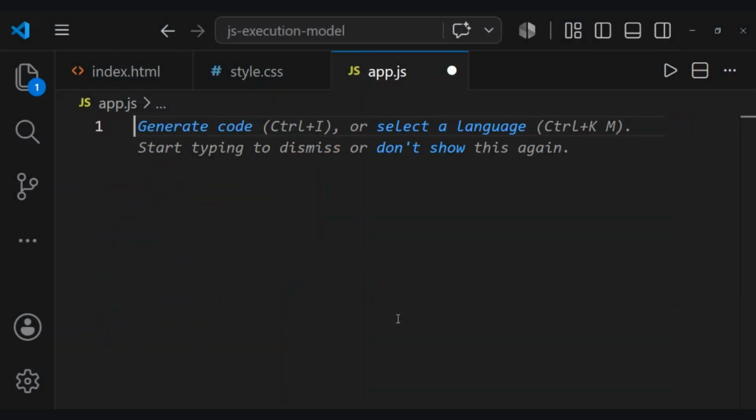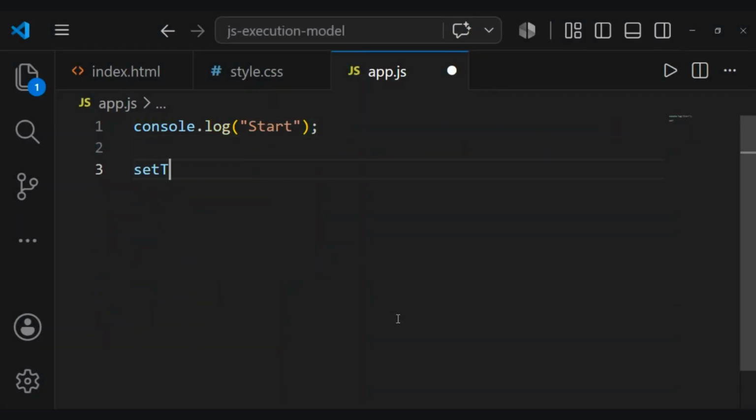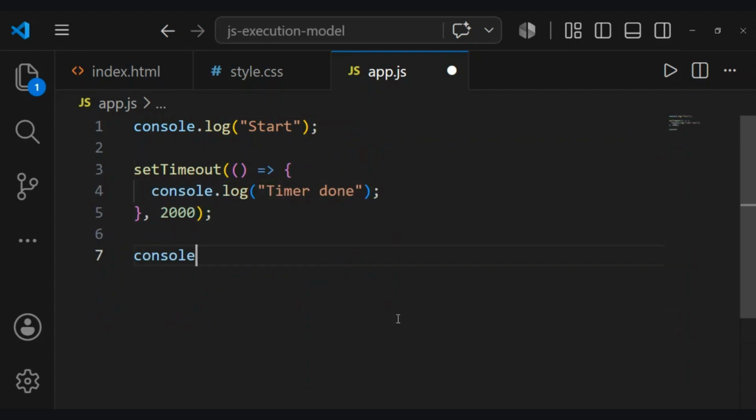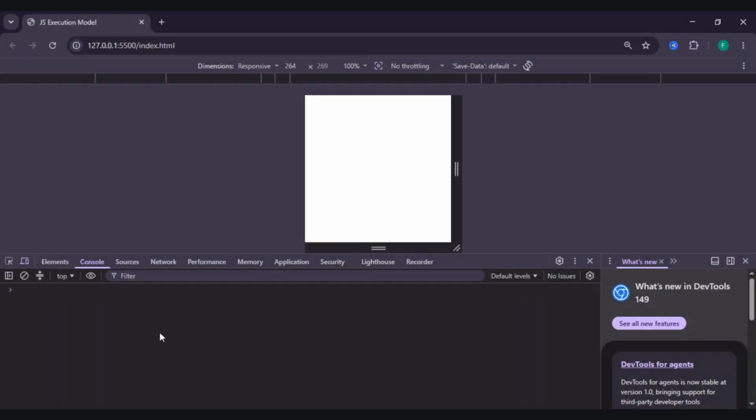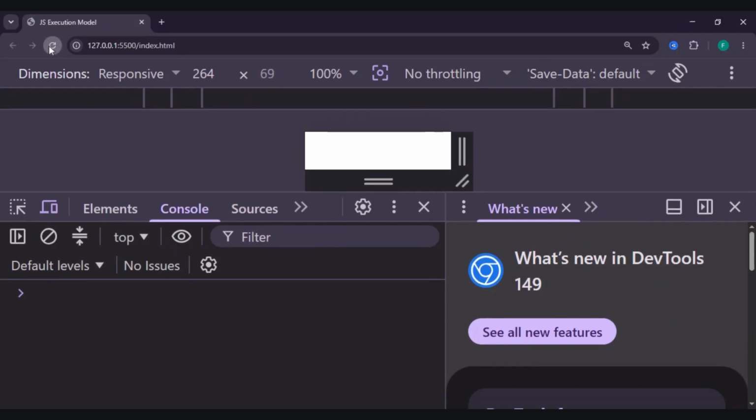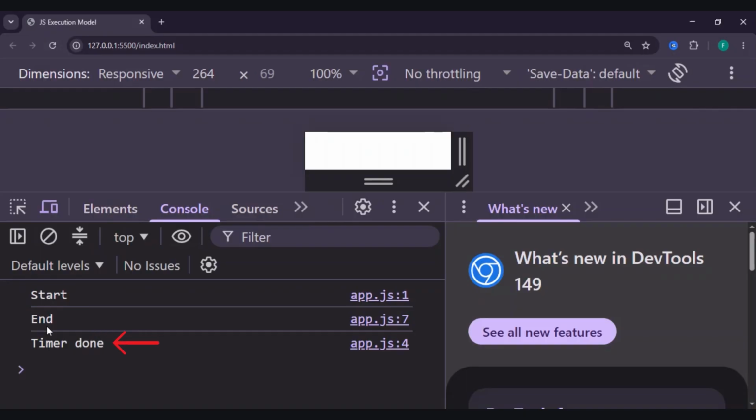Let's look at a simple example that confuses almost every beginner. Many people think the output will be start, timer done, end. But JavaScript doesn't work like that. Here's what actually happens. First, start prints immediately. Then setTimeout is sent to the browser web API. JavaScript continues executing the next line without waiting. Finally, end prints. After 2 seconds, the browser pushes the callback back into JavaScript, and only then timer done is